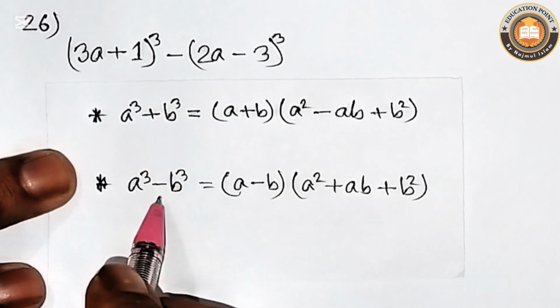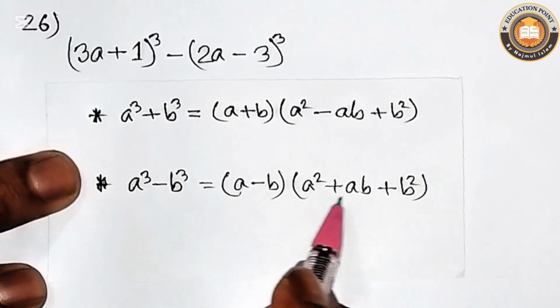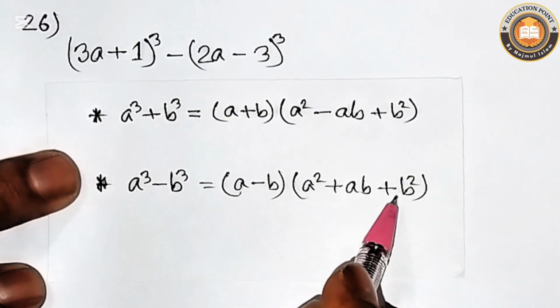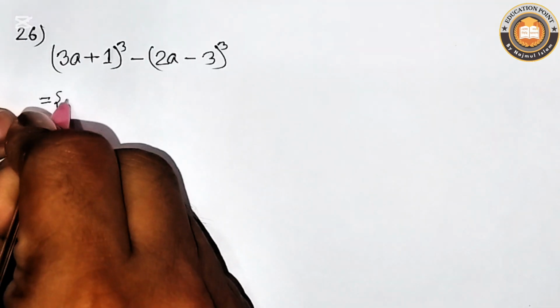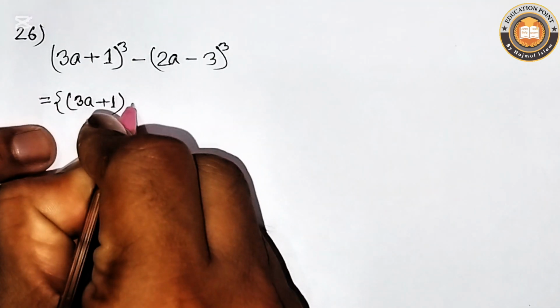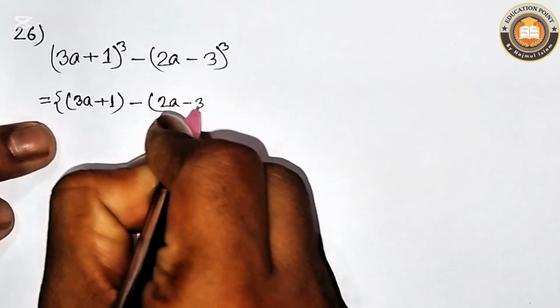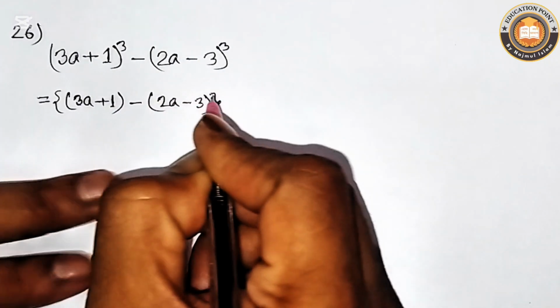Here we will apply the formula of a cube minus b cube, that means (a minus b) into (a square plus ab plus b square). Here a means 3a plus 1, minus b means 2a minus 3, into